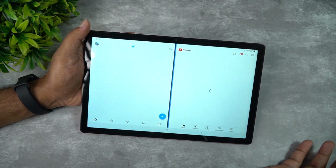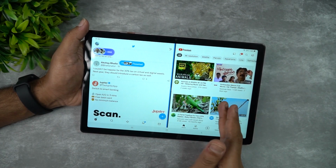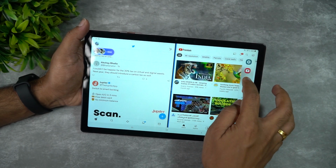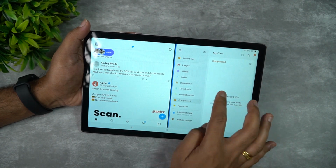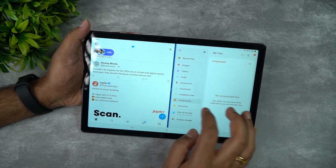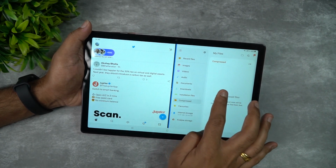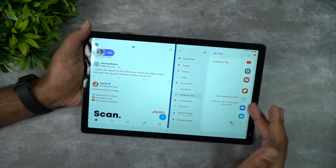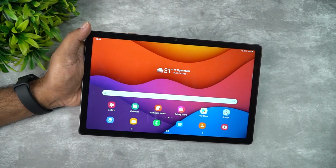So you can see here, this is the split screen option. I have Twitter on one side, and I have the YouTube app on the other side. You can actually change it. Say for example, if I want to have the file manager, just drag and drop it here. So you can see here now it's the file manager. So multitasking is pretty easy on this tablet. So you get these options, and you can just use the edge panel to multitask, and that's one of the good things. So even if you're a student or note taking,